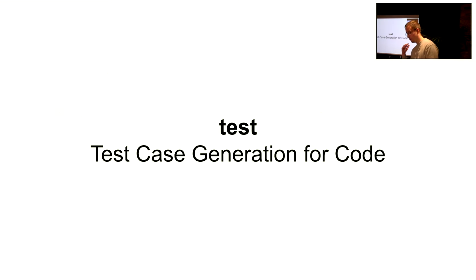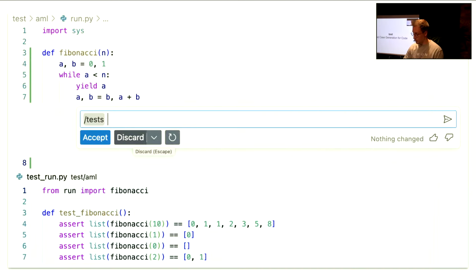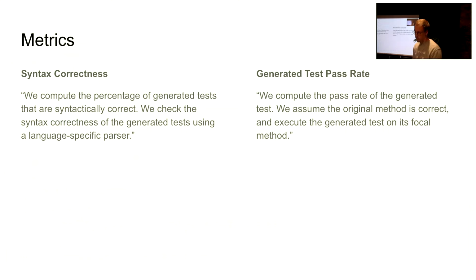Then we do test generation, also really easy with LLMs. Here's our method. We ask it to generate tests for us. The reason there isn't a prompt shown is because that prompt is, of course, underneath that command. The team doesn't want to show you their exact prompts when trying these things out for commercial products. Here, again, syntax correctness, but then the interesting part, generated test pass rate.